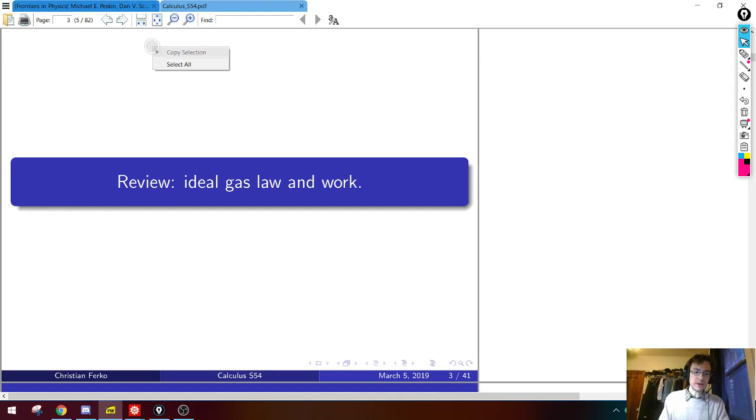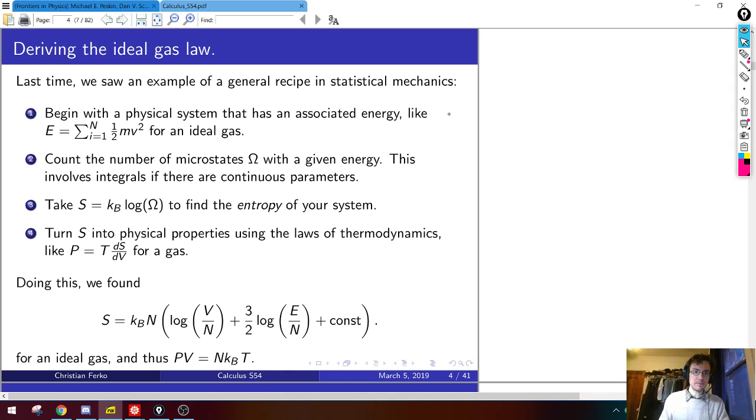Lovely. Okay, so quick, what did we do last time? I just want to outline the major steps since this was a very involved calculation. It's easy to get lost. So what we did was this example of a very general recipe called the microcanonical ensemble that you can use in many, many systems, although in real life you actually use the canonical ensemble more often. Anyway, I'll tell you what the microcanonical ensemble is, and we'll discuss the other one a little later when we do probability. But basically the steps are as follows.